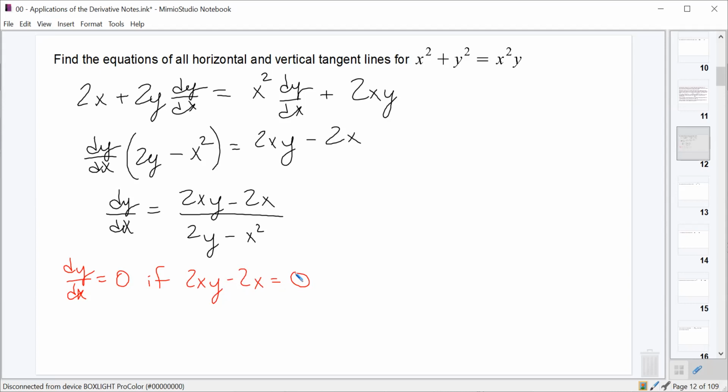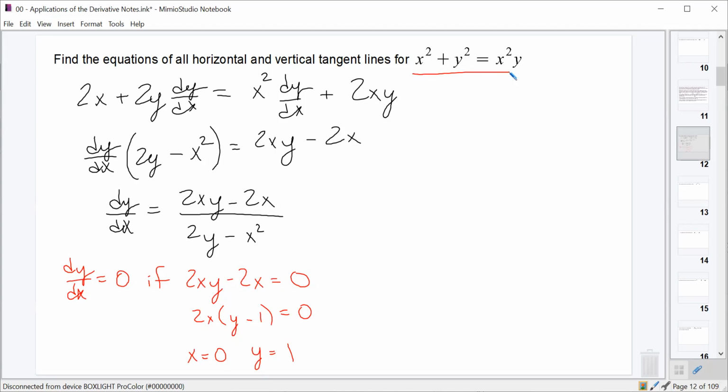We'll just factor the 2x out of it, giving us 2x times y minus 1 is equal to 0. And with the zero product property, we can see that that yields x equals 0 and y equals 1. So now we've got to go ahead and take each of those values and plug them back into our original